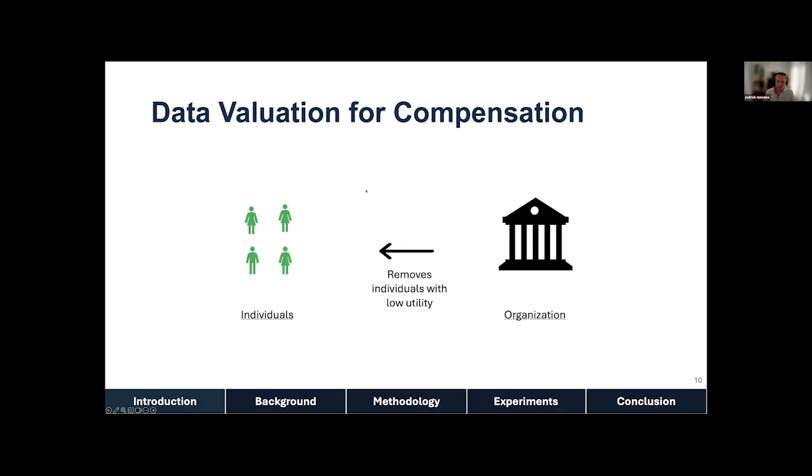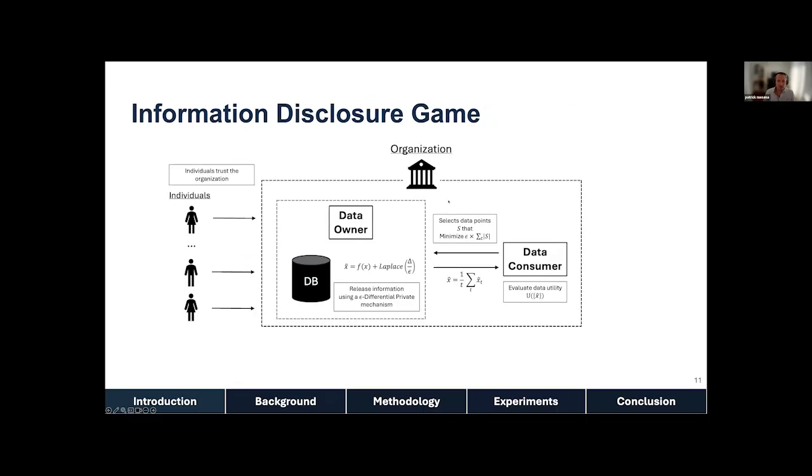And we think it's a problem because it underestimates the fact that to get these insights, the organization had to collect all the data. So to do that evaluation with the data evaluation framework using Shapley values, you need to have all the data. And so the question that we raised is what is the hidden cost of data evaluation? And this is what we try to model or to measure in a way. And the approach that we propose is to have an information disclosure game. So it's a game between two agents, the data owner and a data consumer.